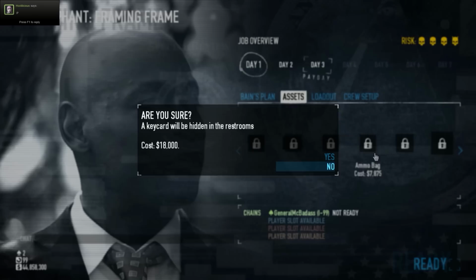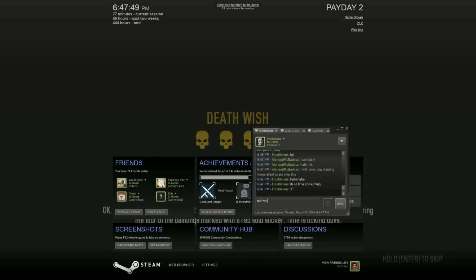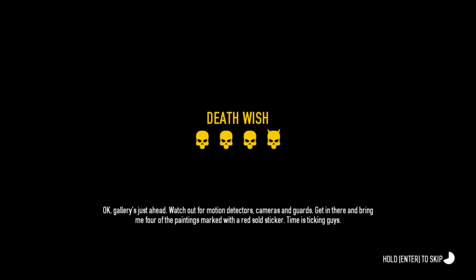Outsider art in particular. Lucky for us, the Capitol Art Gallery's host... Okay, gallery's just ahead. Watch out for motion detectors, cameras, and guards. Get in there and bring me 4 of the paintings...